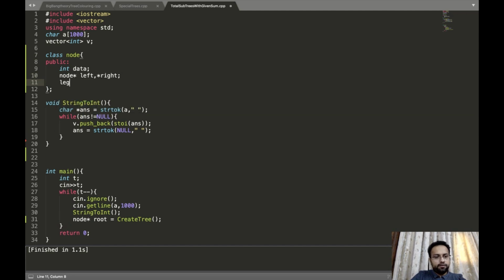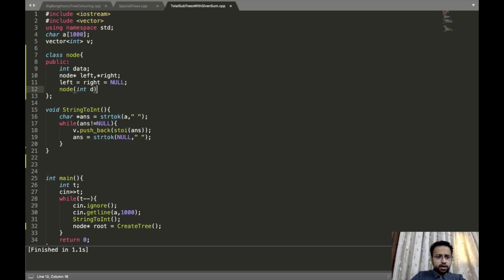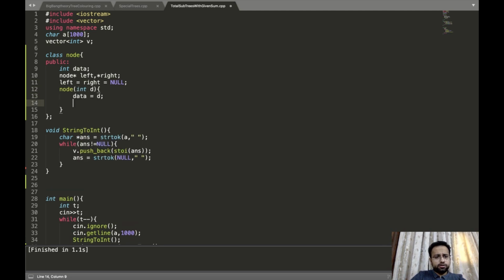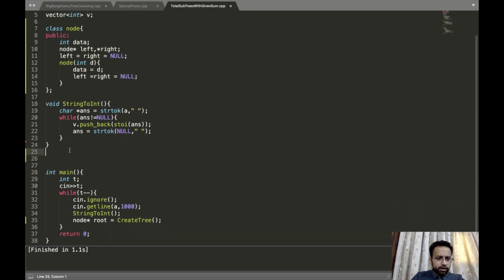So I can write left = right = NULL. I'll create a constructor as well, int d, and I'll write data = d and left = right = NULL. So that's it. We have created the constructor.